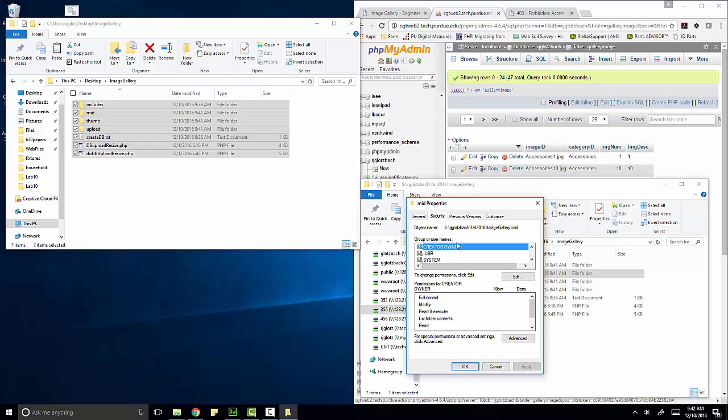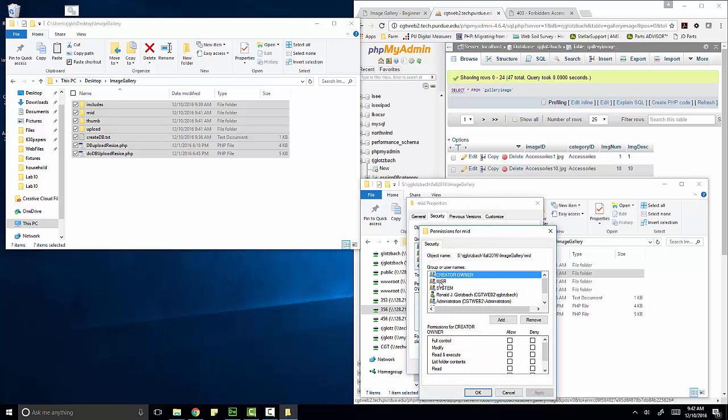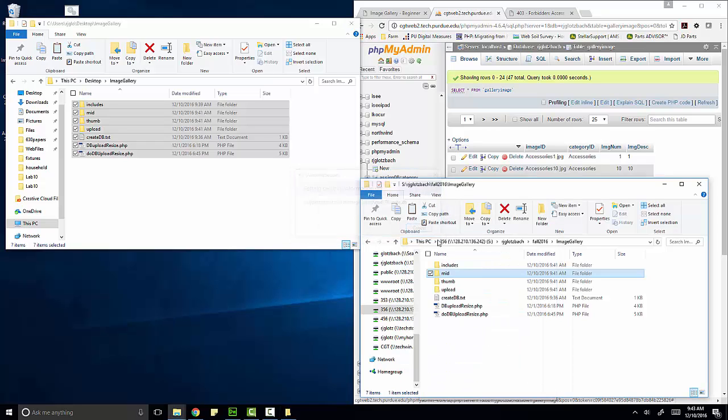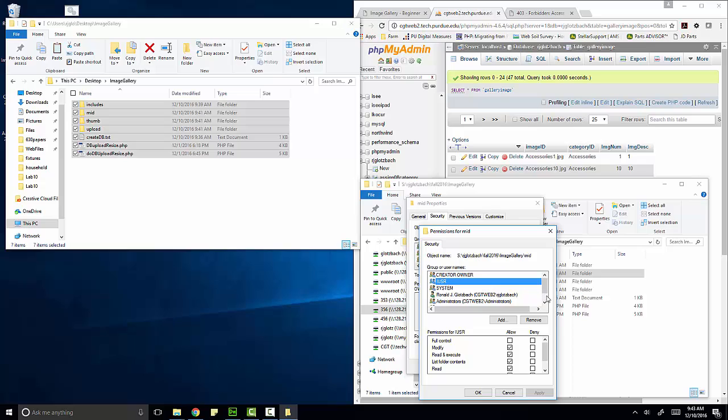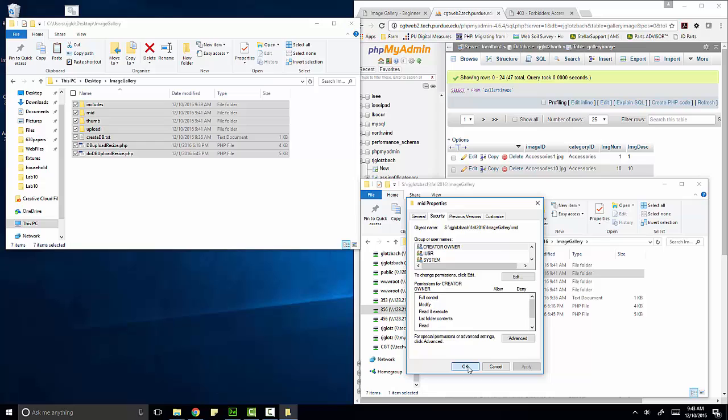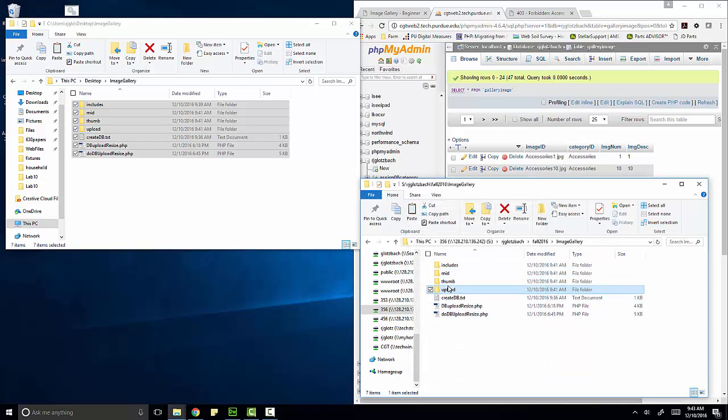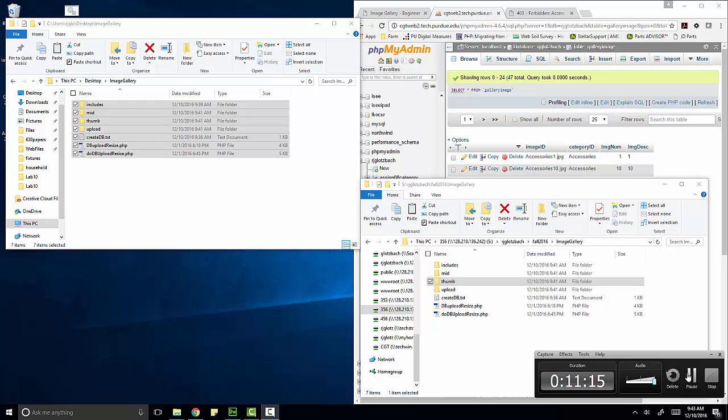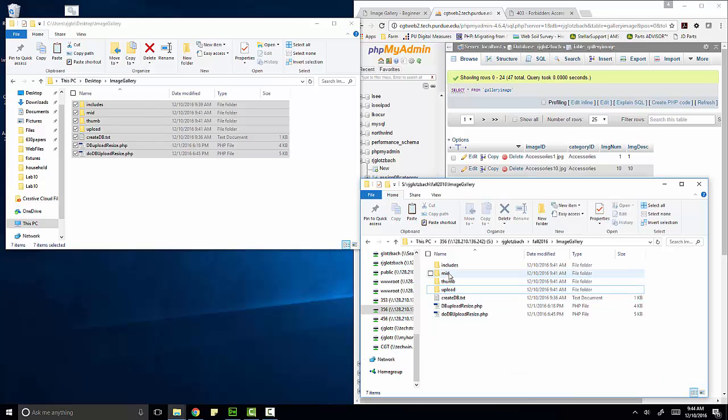So once properties comes up, security tab, edit, IUSR, modify permissions, apply. I guess I didn't have to hit apply right there. And then IIS underscore IUSRS, modify. I'm just going to make sure that both of them say modify, and they do. And I'll hit OK. OK again. And you need to do that for these other two as well. Once all three of those have properties set,